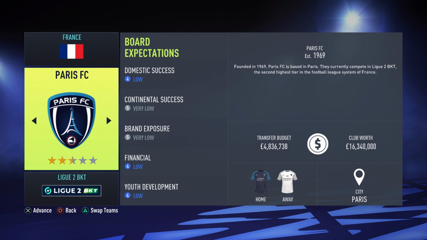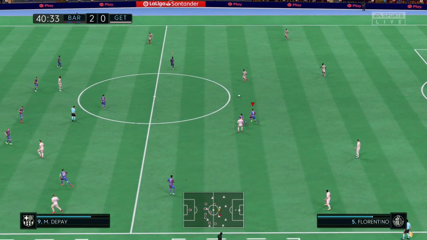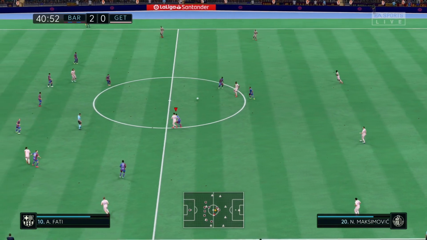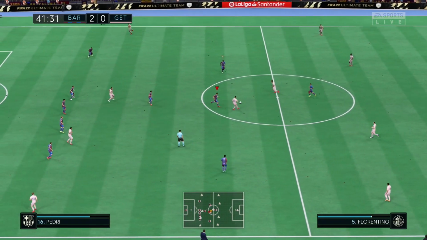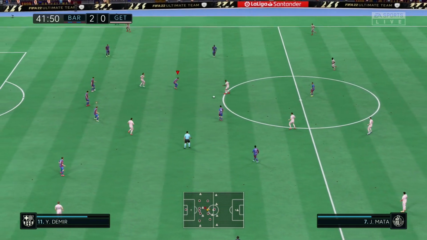Currently, Paris FC are still in Ligue 2, the 2nd division of France. Your job is to take Paris FC to the top of French football. You have to get promoted in the first season as the new owner's patience is running out. The club already have a couple of hidden gems to use in this Road to Glory, including Diakite, Hacham, Bamba,